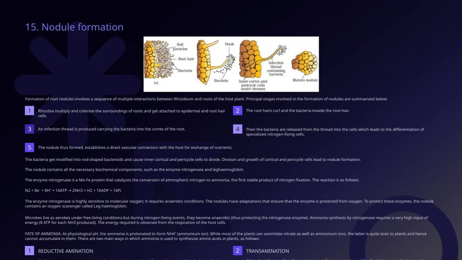Now, let's connect this to nitrogen fixation in bacteria. When bacteria are released from the thread into plant cells, this leads to the differentiation of specialized nitrogen-fixing cells. During this process, ammonia reacts with alpha-ketoglutaric acid to form glutamic acid, which is vital for nitrogen assimilation. Focusing on ammonia at physiological pH, it exists as ammonium ion, NH4+. While plants can take up nitrate and ammonium, ammonium is actually toxic if it accumulates, so plants have mechanisms to